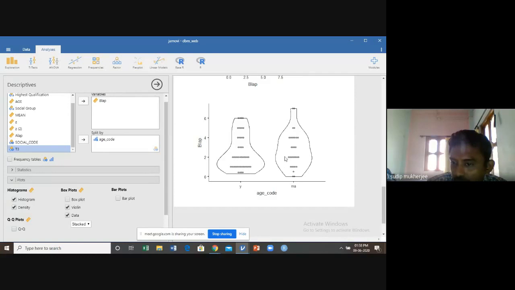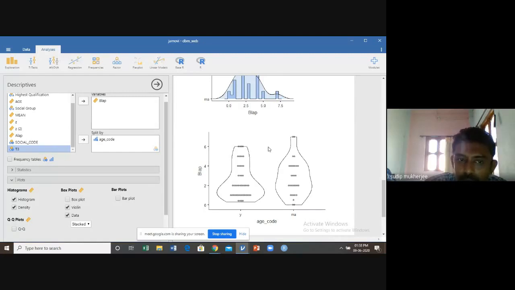Similarly, the concentration of 1 hour or 2 hours is more than these observations. So it automatically helps to view the group-wise picture or group-wise concentration of data with the help of this violin diagram. This diagram is commonly used in bioscience. Basically, people in bioscience use this type of diagram to see the concentration of data with respect to the violin diagram.